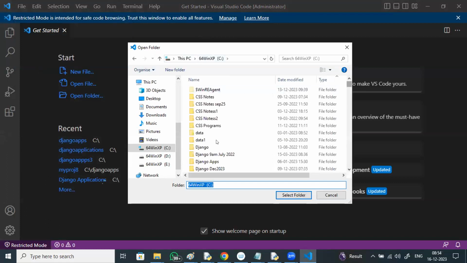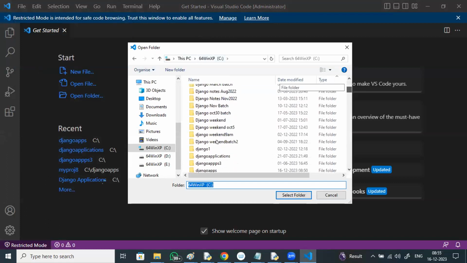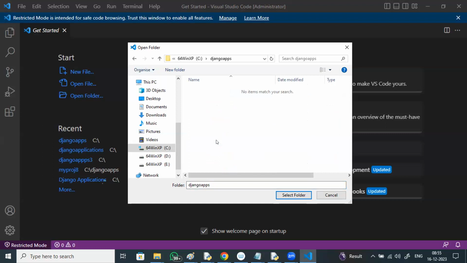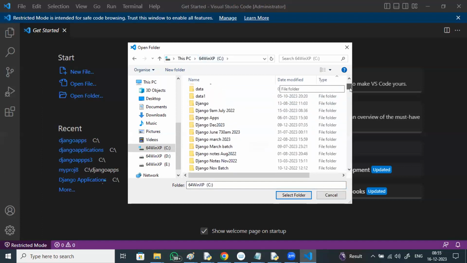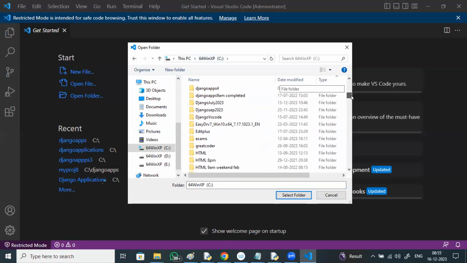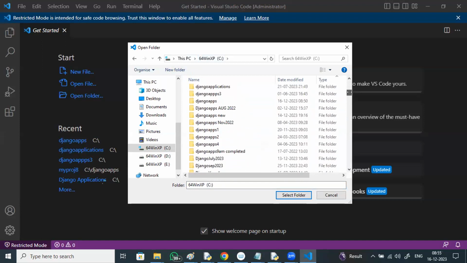Django apps, right? Just say select folder.